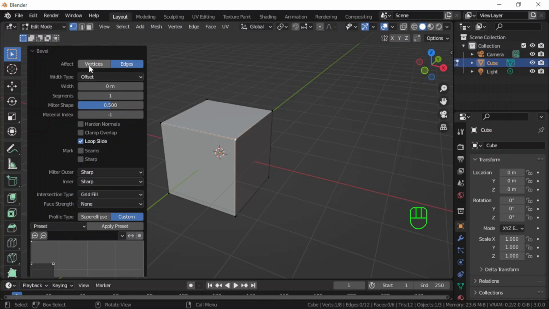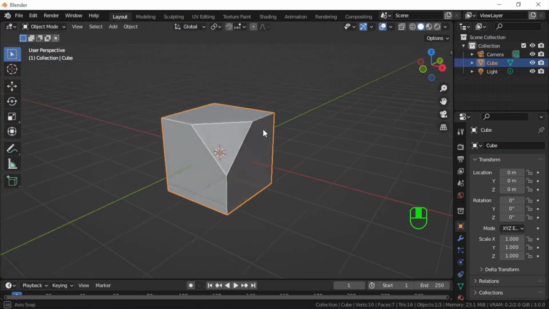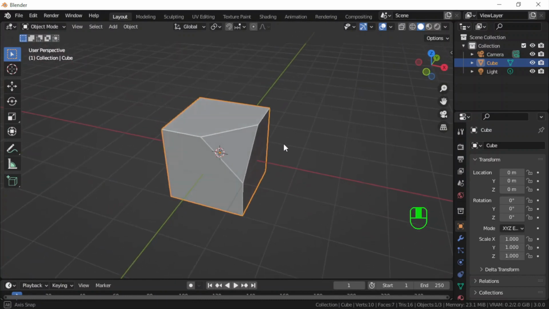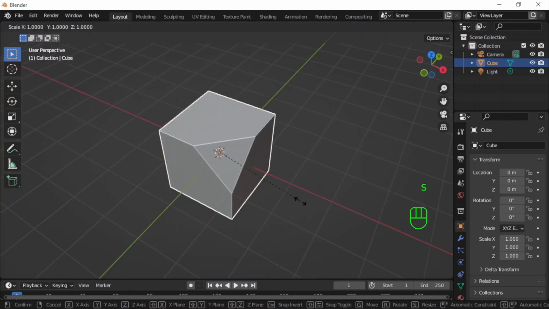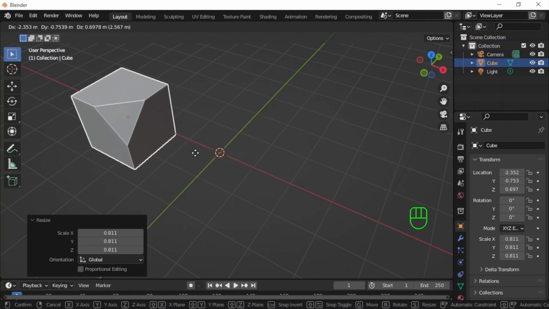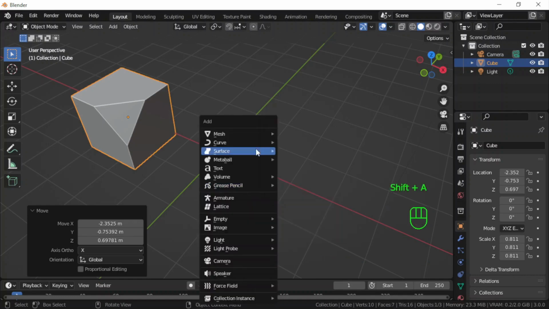I will select vertices tab here and then set the width to 1. I will tab out of edit mode, and as you can see, I already have my shape here. So I will scale it and grab it on the X axis and then add another cube,